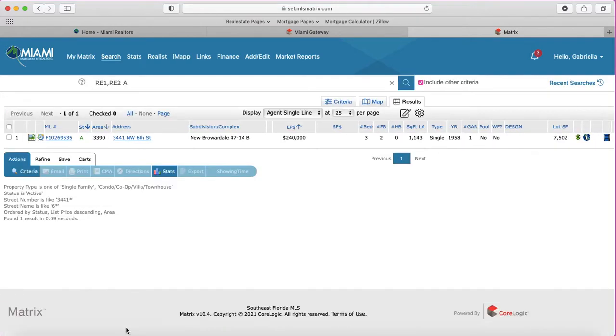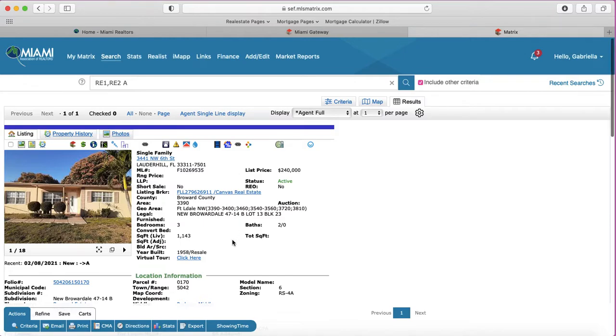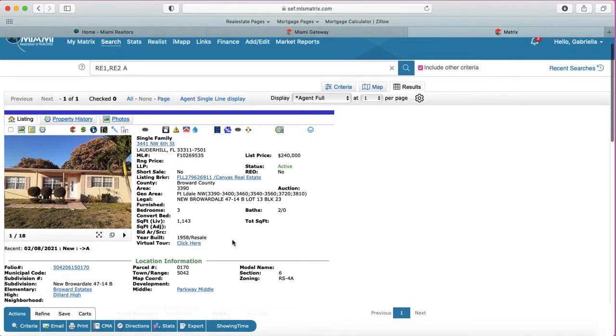And we're going to get another window. We are going to click right here. And we're going to see our full view of the property we're interested in submitting an offer for. A few things I want you guys to notice. The first thing that we're going to see is that the price is $240,000 and that this property was